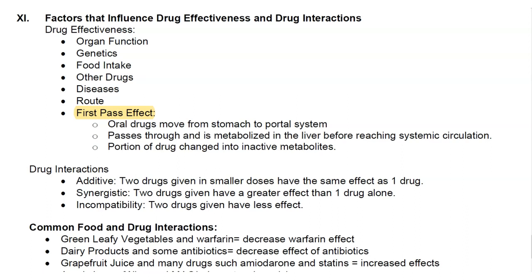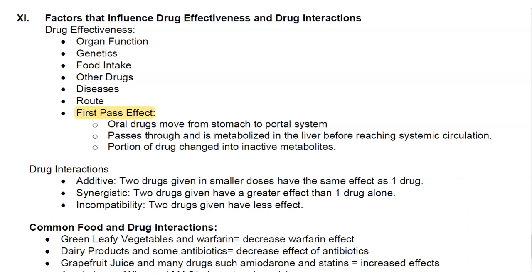And again, the route, right? So which route are we administering the drug? So route meaning, is it a PO, something that they need to take by mouth? Is it IM or an injection, right? So the fastest one would be injectable. So usually that would be IV, intravenous, or maybe intramuscular. But if you want to compare it to maybe an oral or topical route, the fastest one to get to the bloodstream would be your